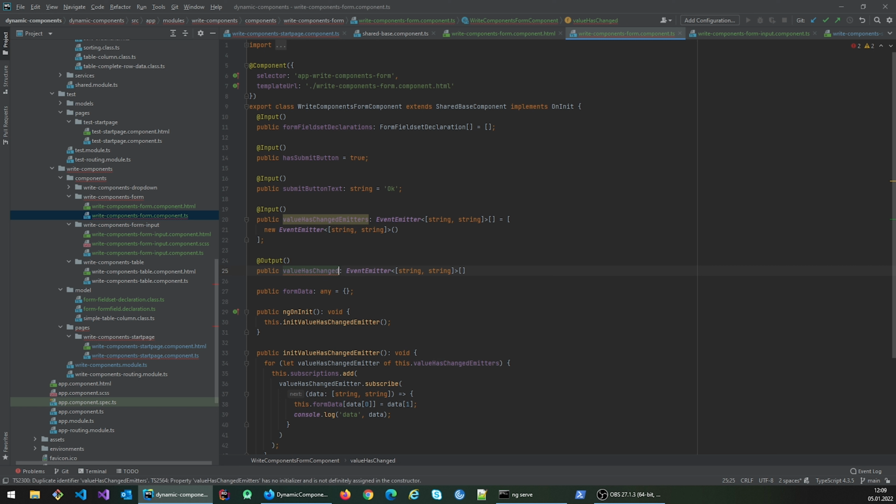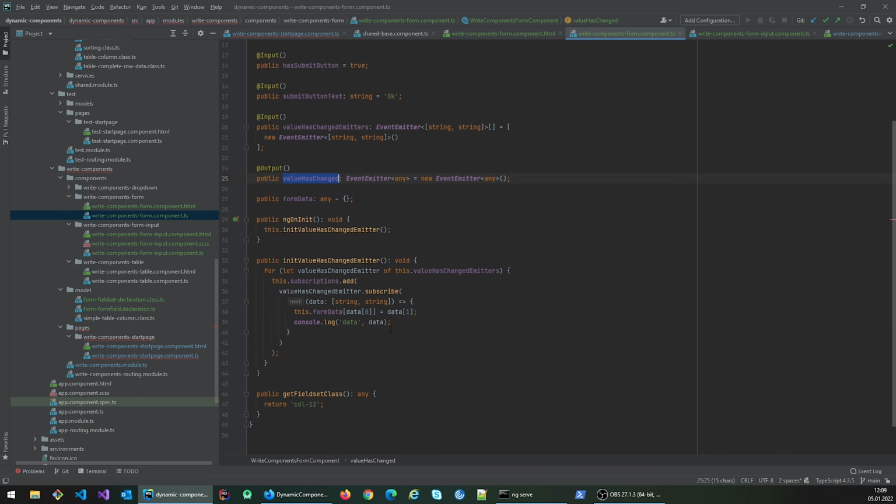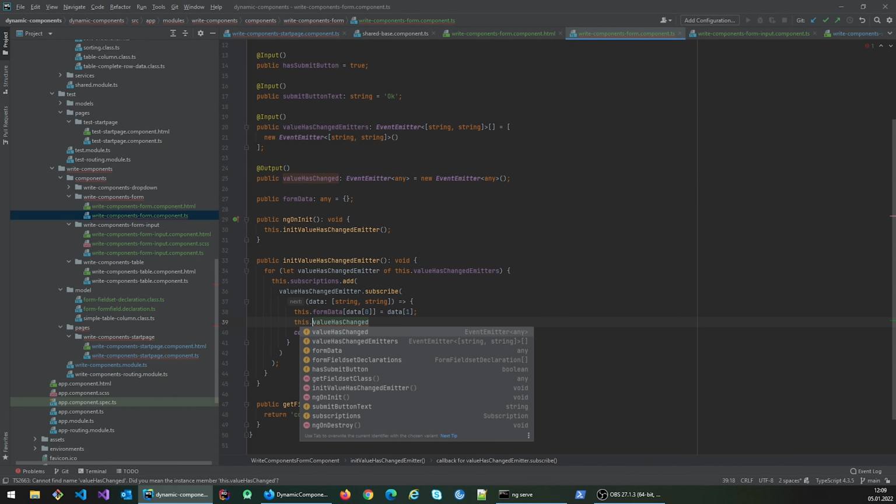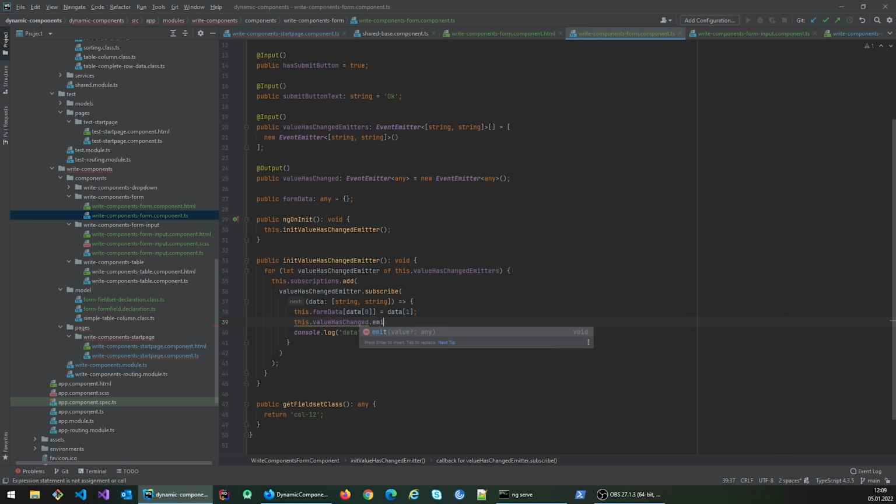So we're now on the form, so we just call it value has changed, and it does not emit a string, it emits any, and it's not an array, it's just an object, and this is new emitter of type any. That doesn't do much for the moment, and every time we have updated the data, I also go with this dot value has changed dot emit,